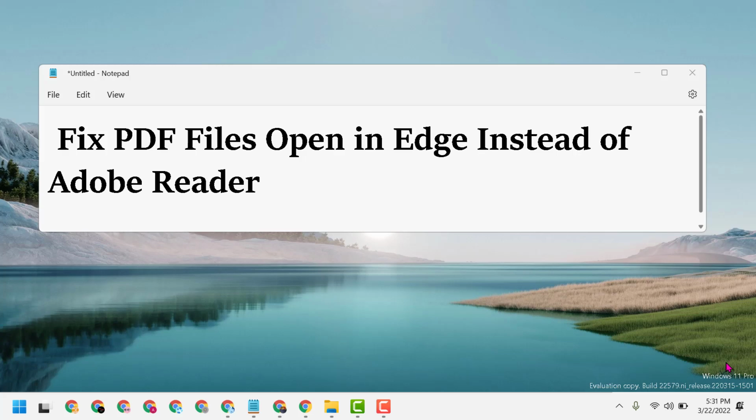Hello friends, today in this video I will show you how to fix PDF files opening in Edge instead of Adobe Reader. So guys, to resolve this problem, click on Start,